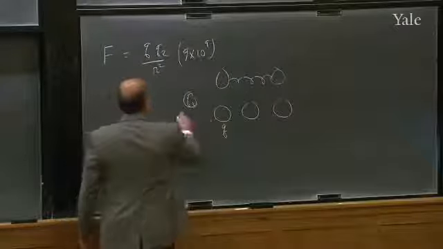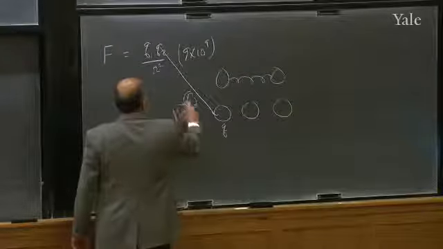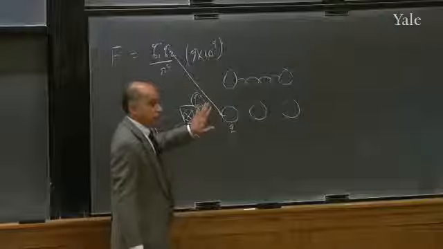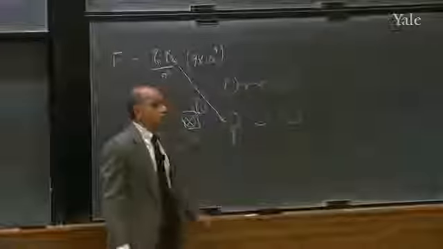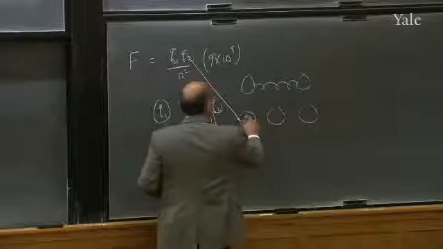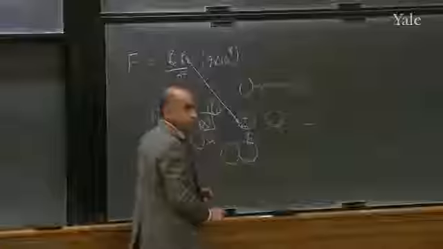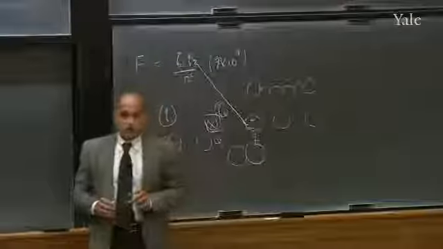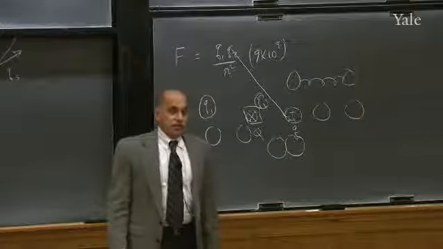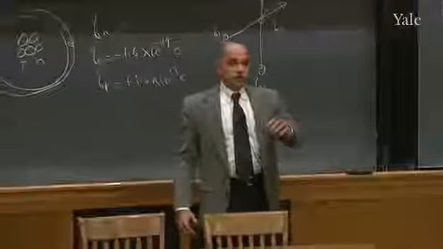So let this be one of the objects. That's my Q. For the other object, keep a fixed object containing some other Q. This has got charge Q. Don't vary the R. Question is, can you change Q to Q over 2? And her answer was, if it's got some charge, maybe plus, bring it in contact with the second identical sphere. If it really is identical, you have to agree that when you separate them, they must exactly have half each. That's a symmetry argument, because for any reason you give me for why one of them should have more, I will tell you why the other one should have more.